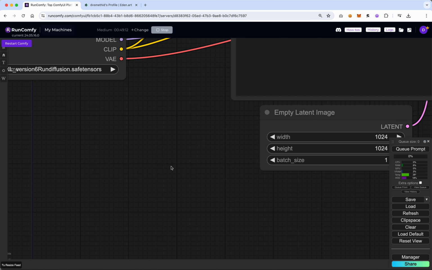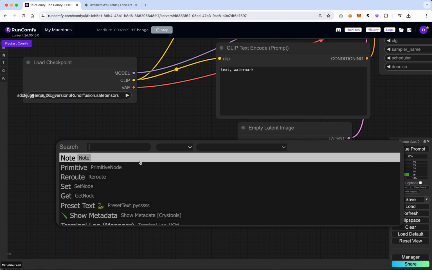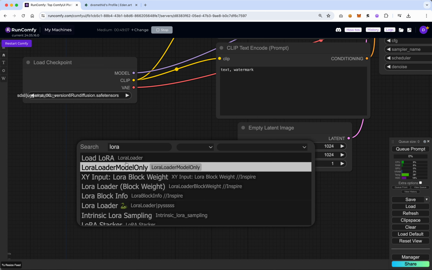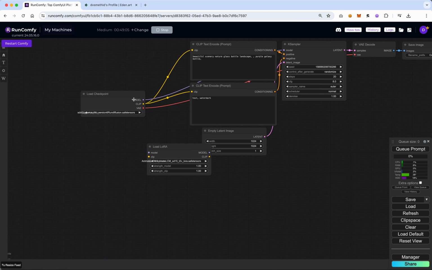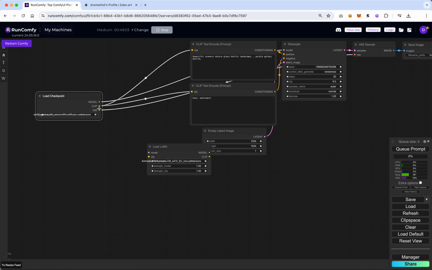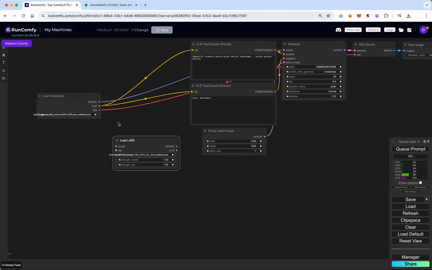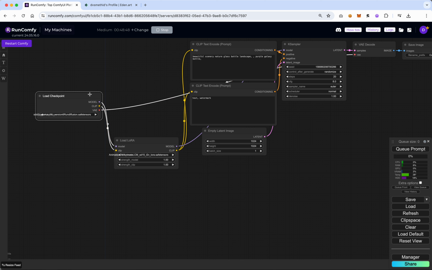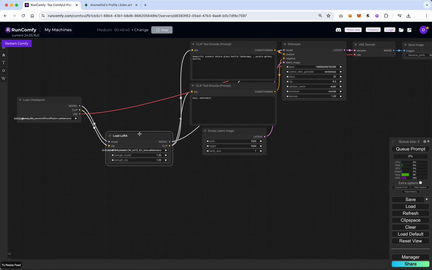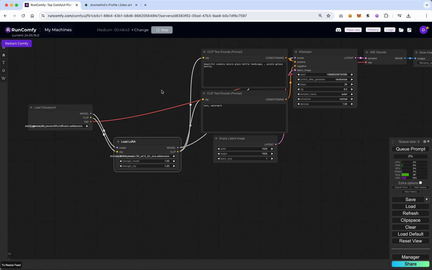And then the other thing we want to do here is add in our LoRA loader. So we'll go to LoRA, get a Load LoRA, and then we're going to add the LoRA into our model queue. So the LoRA goes here, model goes here, and then we're also going to take our clip out and replace our clip with both of these. Okay, so if we run this now, remember this is how we would traditionally run,